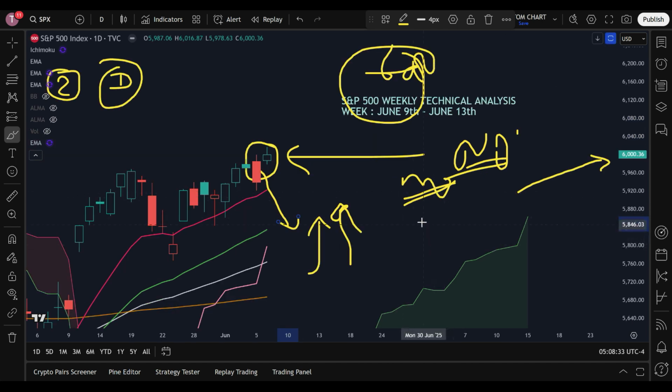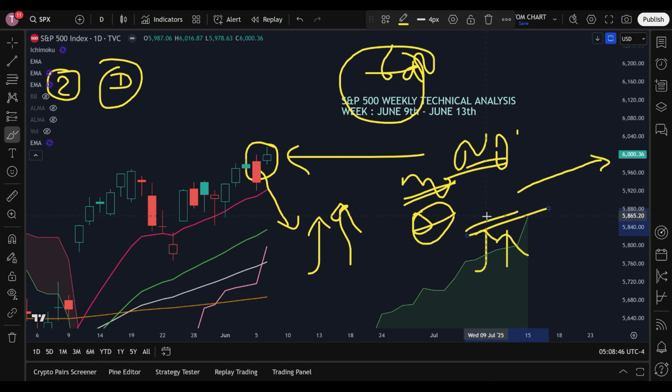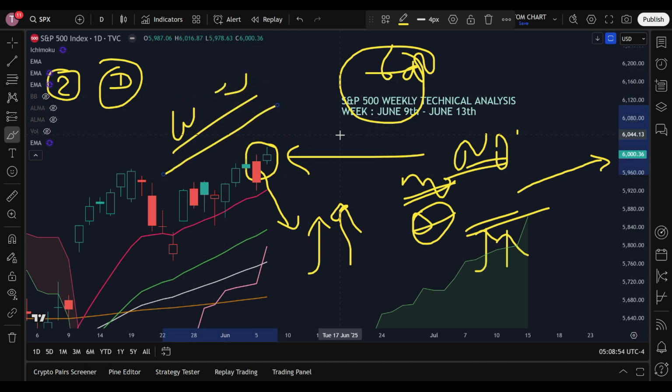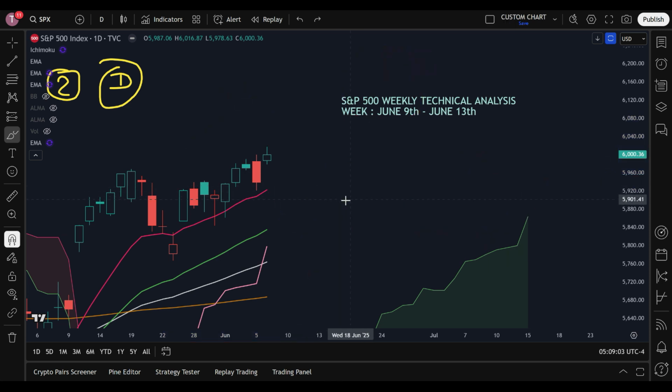Okay, this means that through the S&P 500 and the Dow Jones, in both of these cases on the daily chart, it is now clear that on Monday there will be an initial or intraday bullish movement. Okay, but no gap up open. Gap up open may or may not happen, but it is not confirmed through the daily chart. Gap up open was seen through the weekly chart of the S&P 500 only, not through the Dow Jones. Okay, this means that bullishness is there. Definitely Monday also we will see the bullishness. Okay, so this is through the candle.